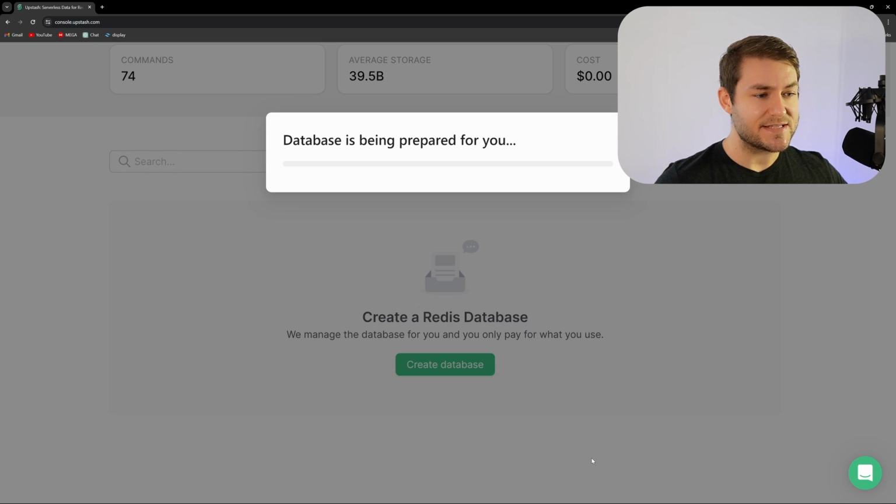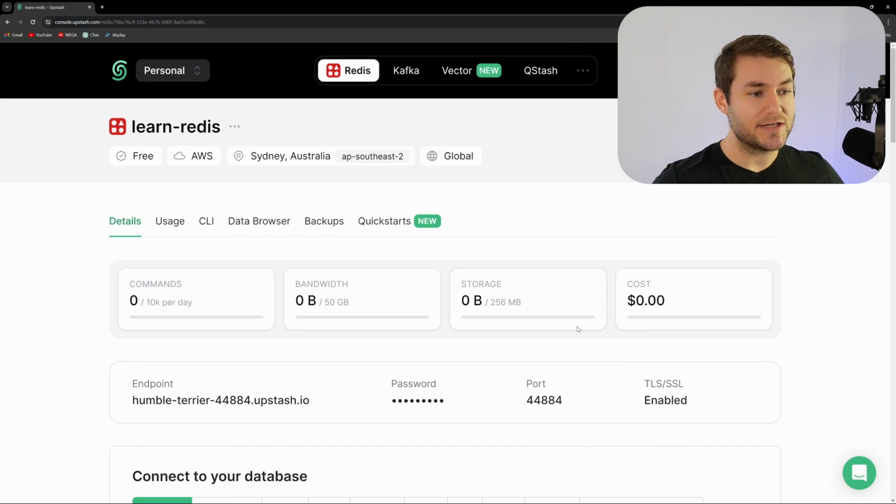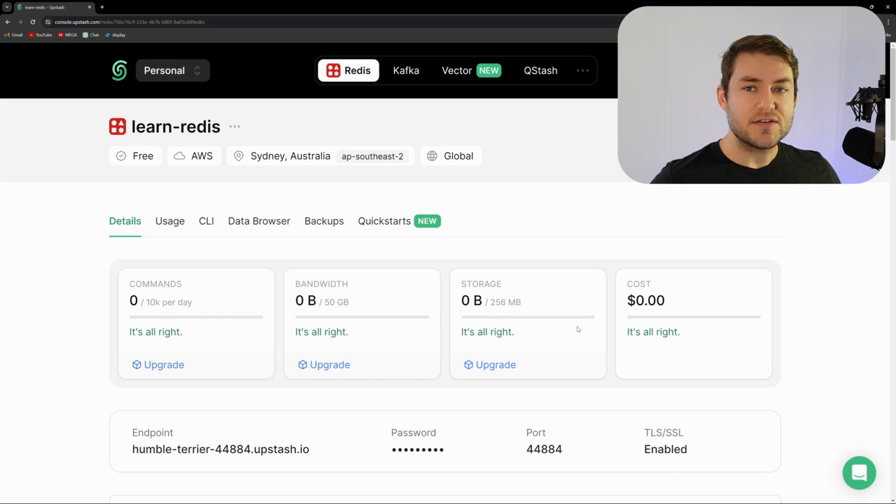So let's create that database, and this will just take a few seconds. So now that my database is ready to go, I can start using this straight away. There's a few things that I want to show you about Upstash Redis just to save you a bit